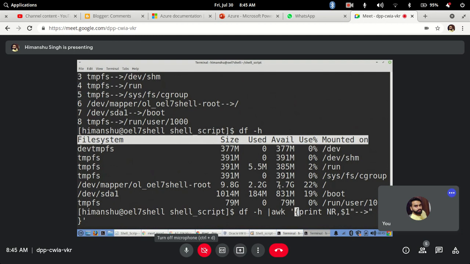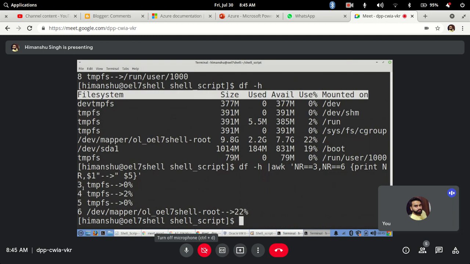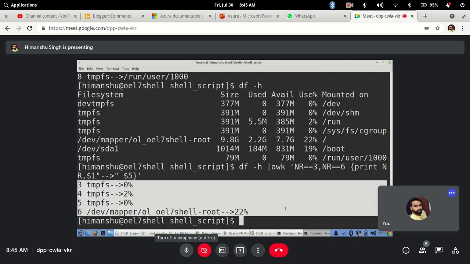Inside the same quotes you say NR equal to 3, comma, NR equal to 6. It will give you from the third to the sixth line only.